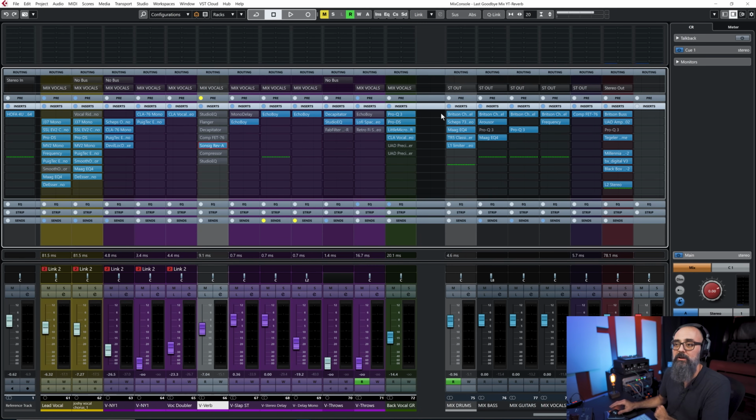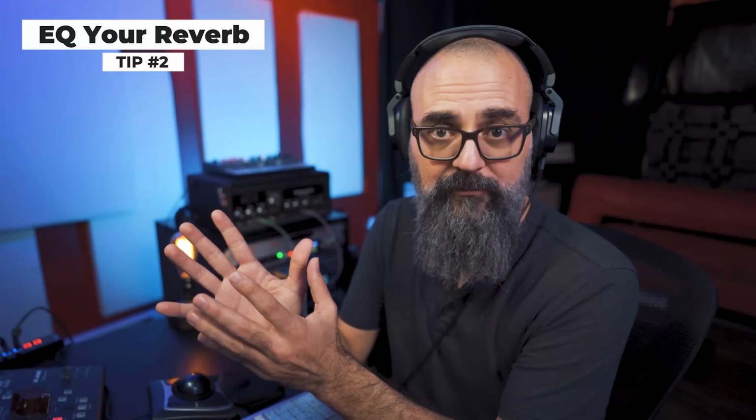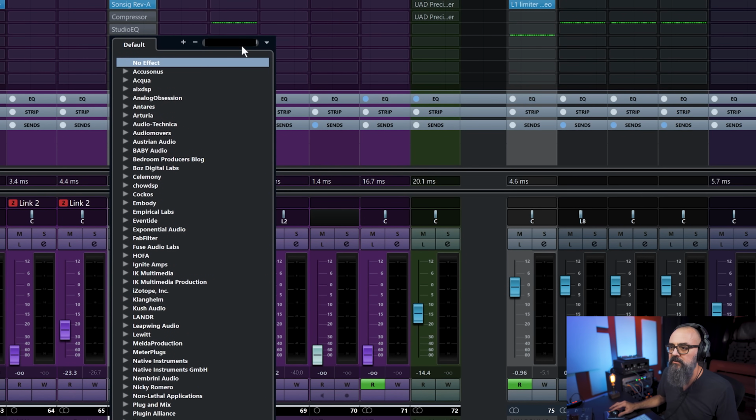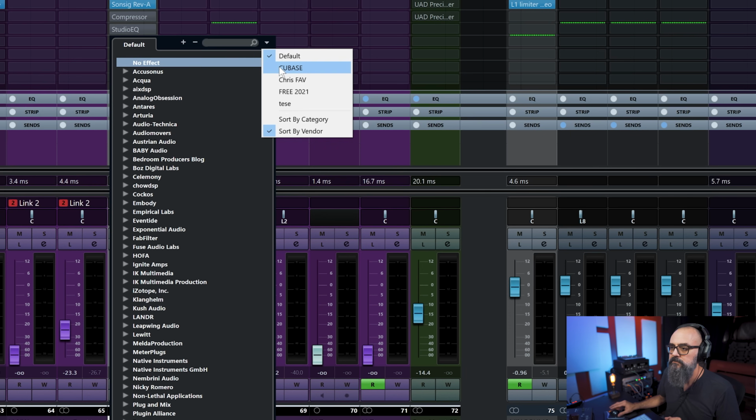Next, and this is also something that I do a lot, is to EQ my reverb. Now, there are two ways you can EQ a reverb. You can EQ the incoming signal going into the reverb, or the outgoing signal coming out of the reverb. Both will work well. On a lot of reverbs you also have access to an internal EQ, which is going to EQ the sound of the reverb, and on some other reverbs you can EQ the incoming signal straight from the reverb itself, like we do in Cubase with the stock reverb plugin,